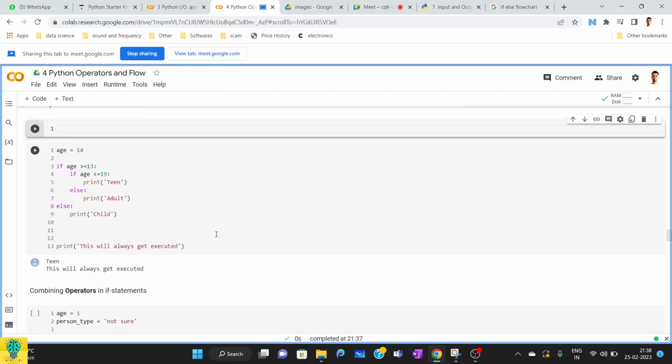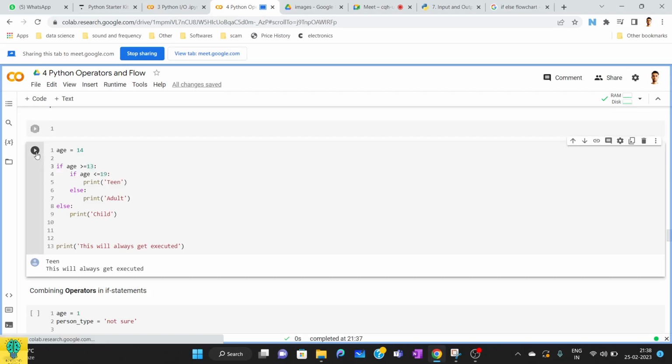Okay, let's do the below one. So age is 14. If age is greater than 13, the if condition is true, go inside the if block and check another condition. If age is less than 19, then print teen, otherwise adult, else child. So what is happening here is,